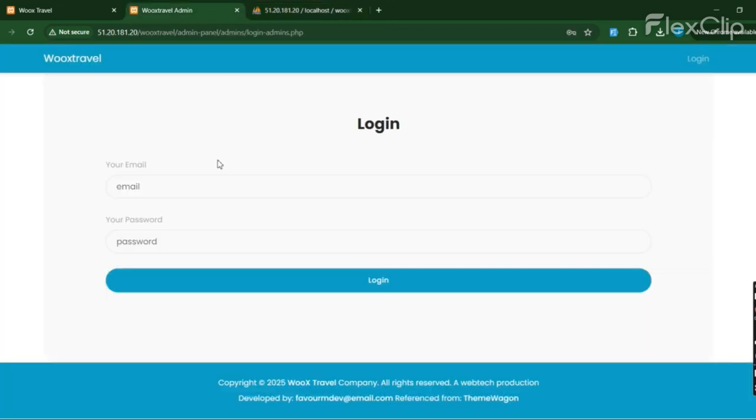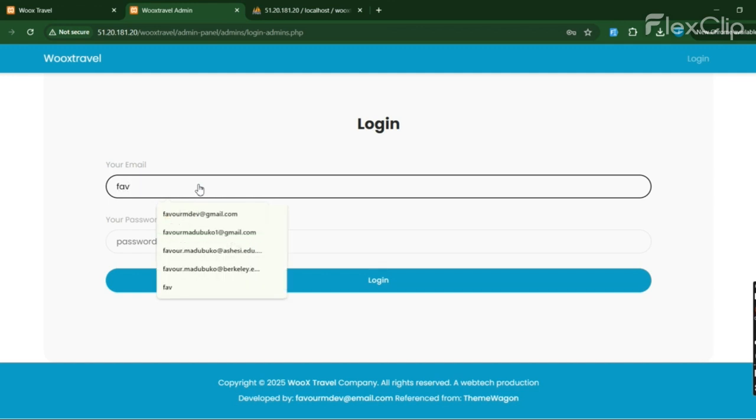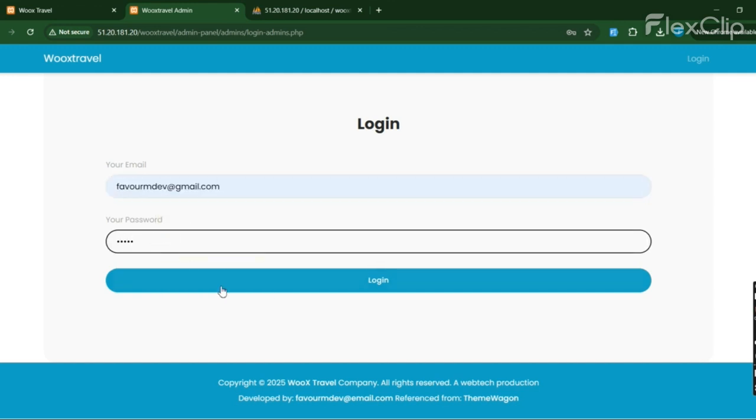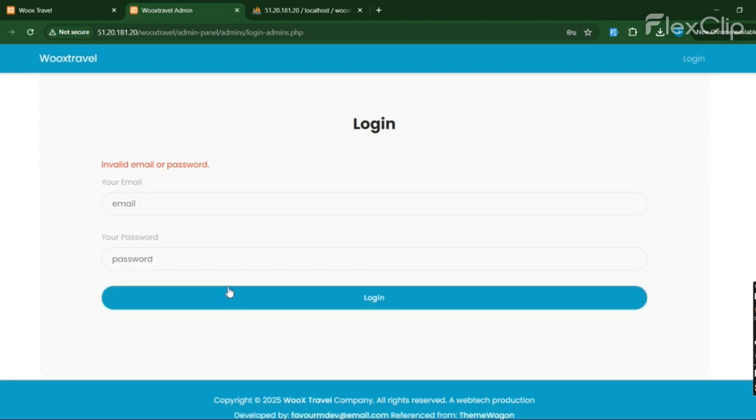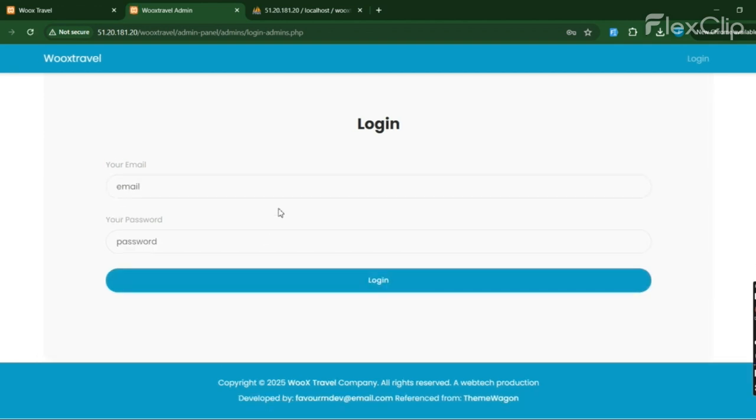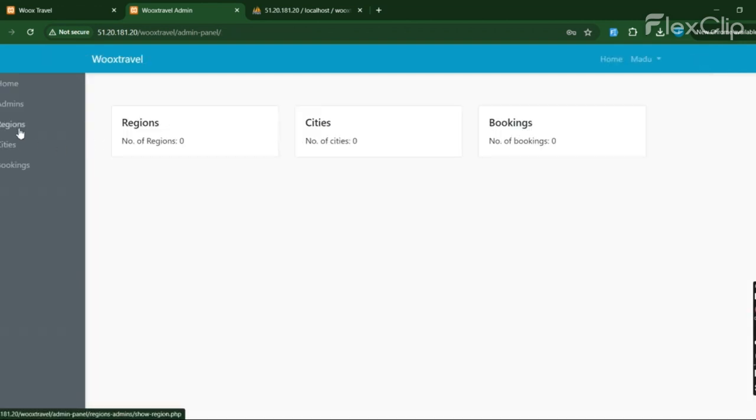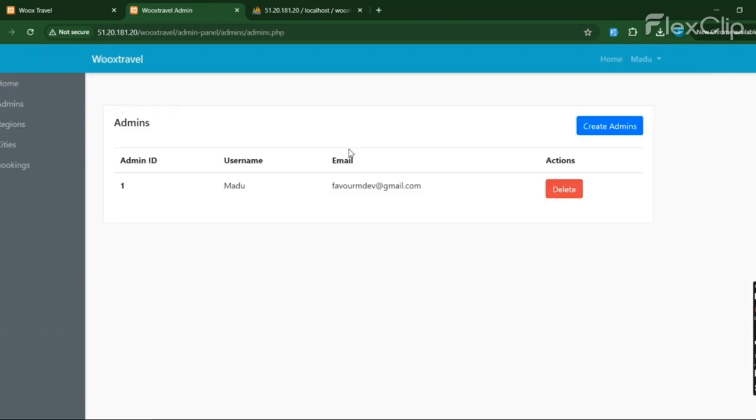Then coming back to login, if I try to give my name and then give a wrong password, it should tell me that there's an invalid email or password. For security purposes, I do not specifically have to tell the user this is the password. This is cool because as they go to the admin, because they are the super admins, they get to actually see what is happening, because they can create other admins, they can add other admins,